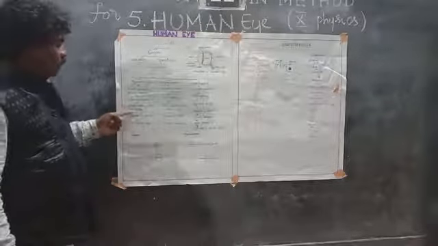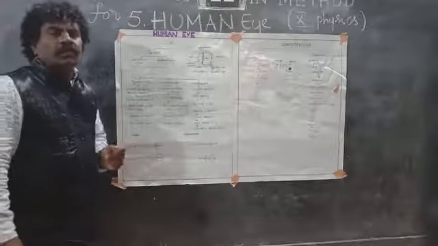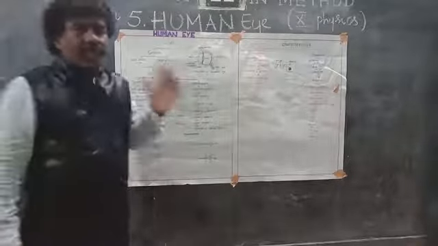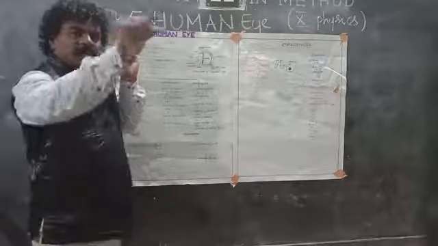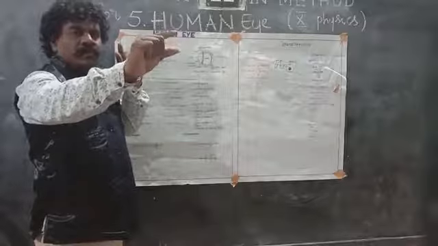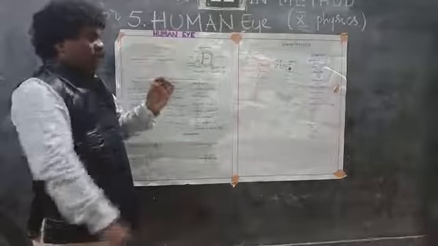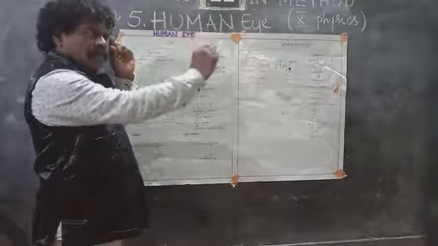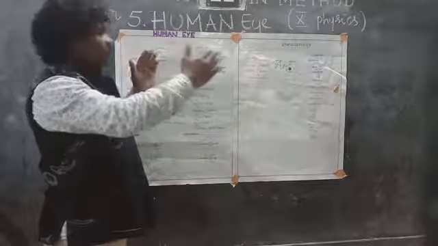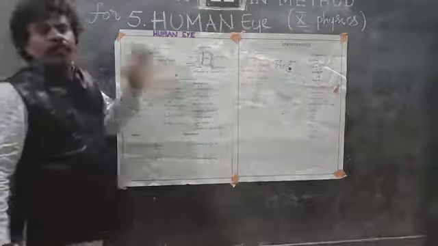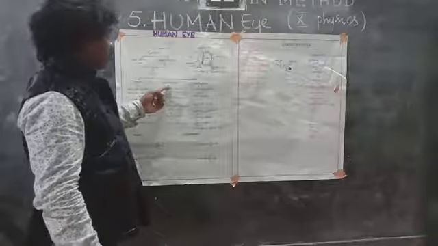Focal length is less than 25 centimeters. Focal length is the length between the iris and the object's image, or the center of the object. For example, the iris is here, the object is there. The middle part is the focal length, the distance between these two parts. That is focal length.